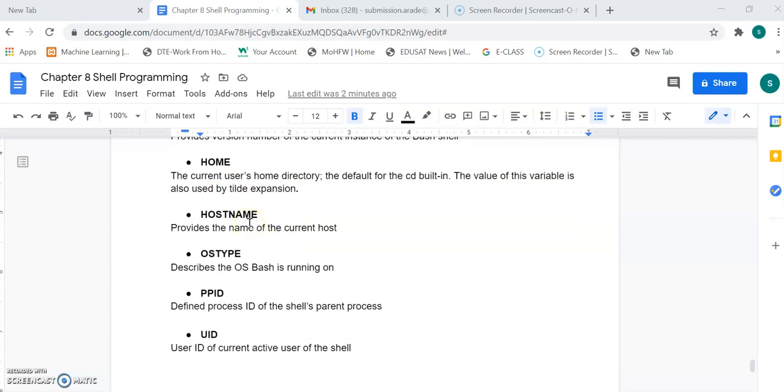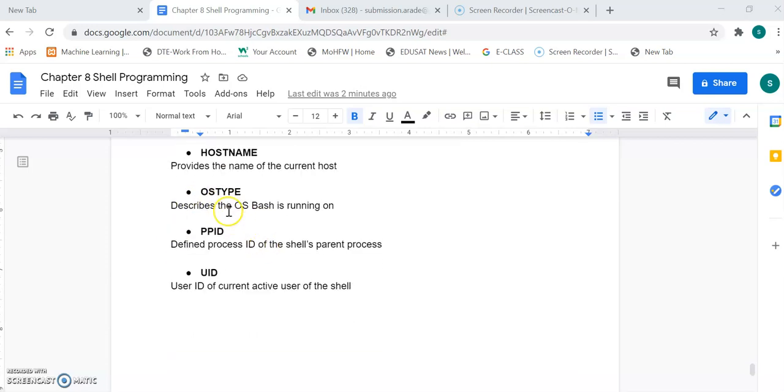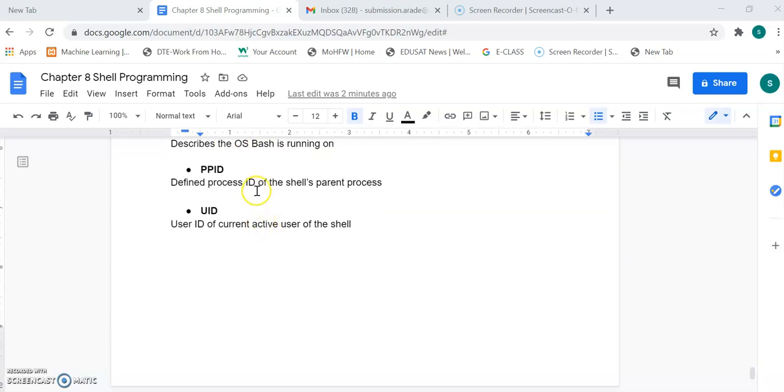HOSTNAME, as you know, is the name of the current host. Suppose I have given the host name as Linux system, or a name like gpkpit, that will be the host name. Then OSTYPE is the type of the operating system that you are running. PPID will give the parent process ID of that shell.